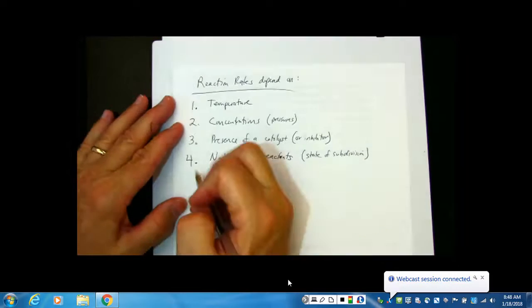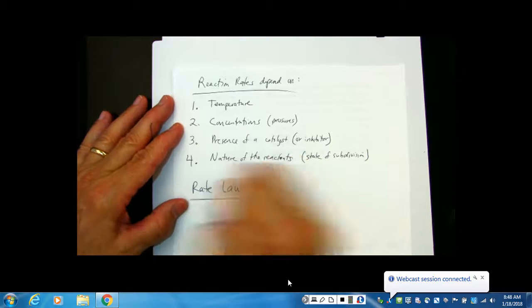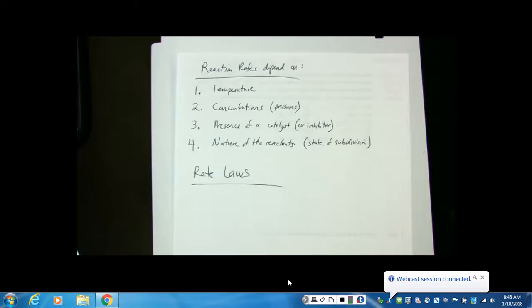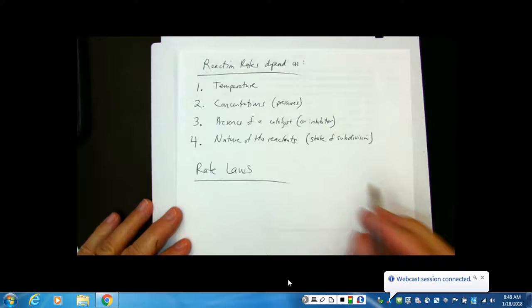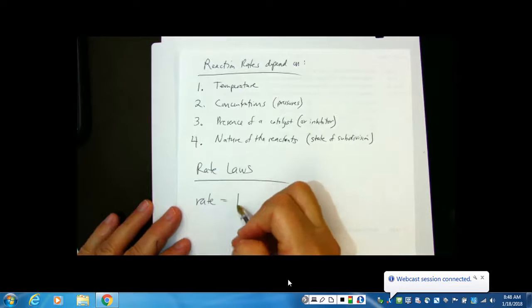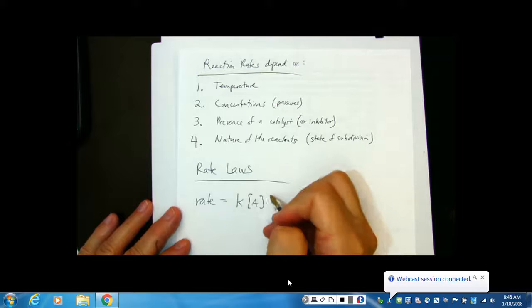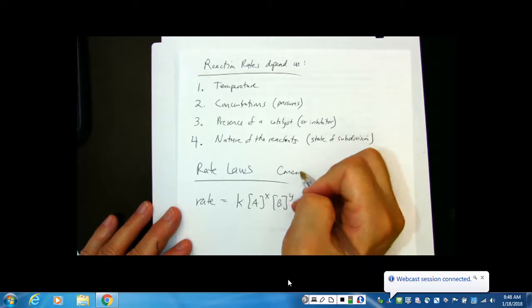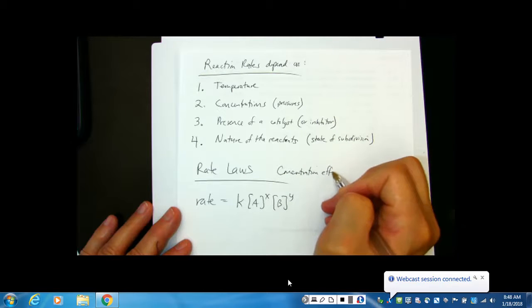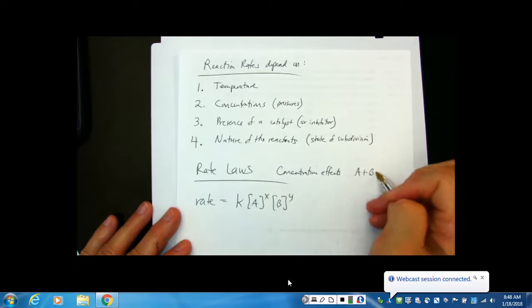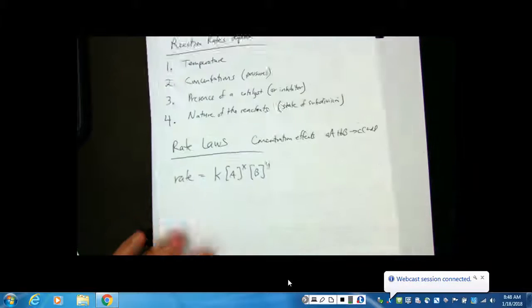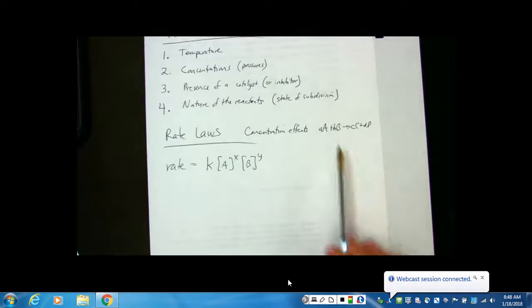All right, we have something called rate laws. Of these four, the very first one we're going to do is the second one: how concentration affects rates. The rate law has this form: rate = k[A]^x[B]^y. This is concentration effects for aA + bB goes to form cC + dD. In other words, if you have a generic chemical reaction,